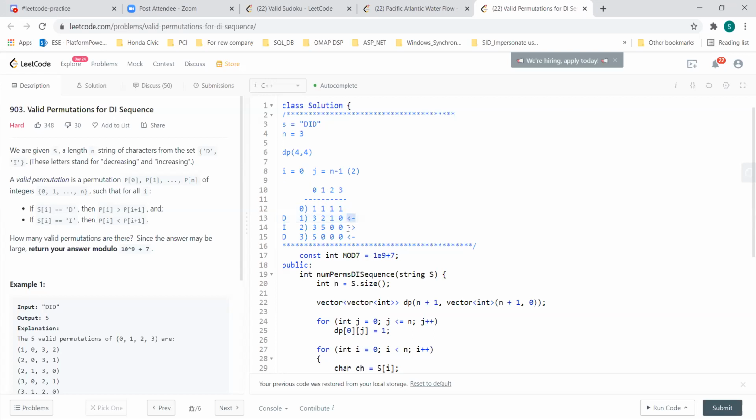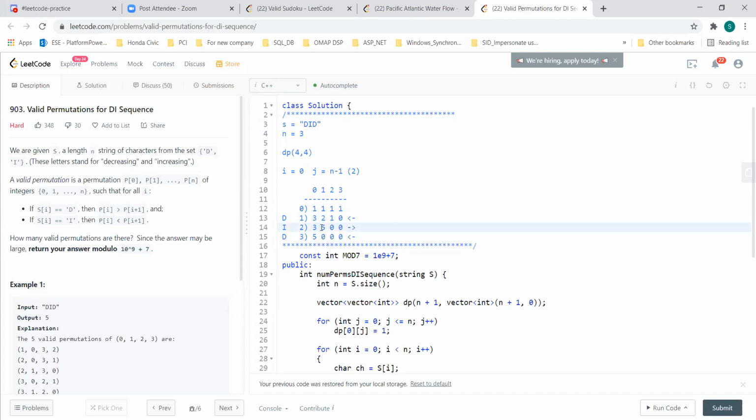When I go for increasing, in that case I start from the second row, and I take from my left side, which will be marked here directly. But for this one, I will add these two, because I always have to look at the previous row, get all these values and keep adding them.